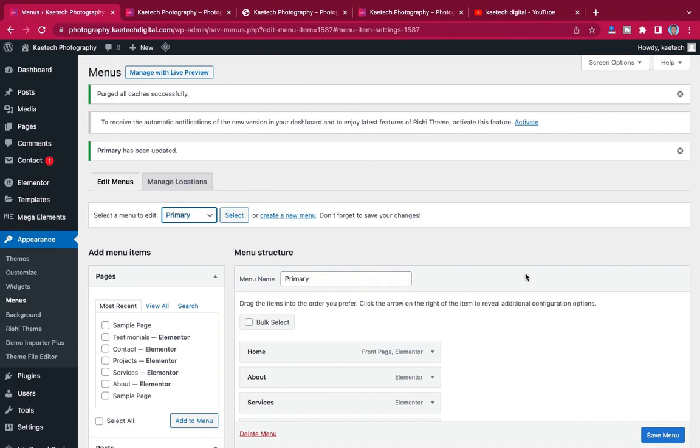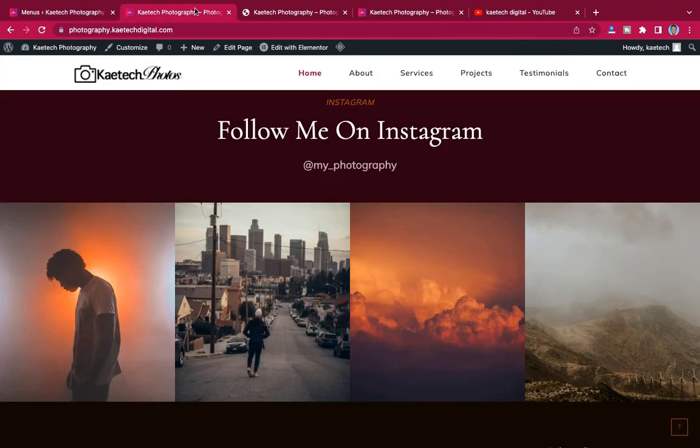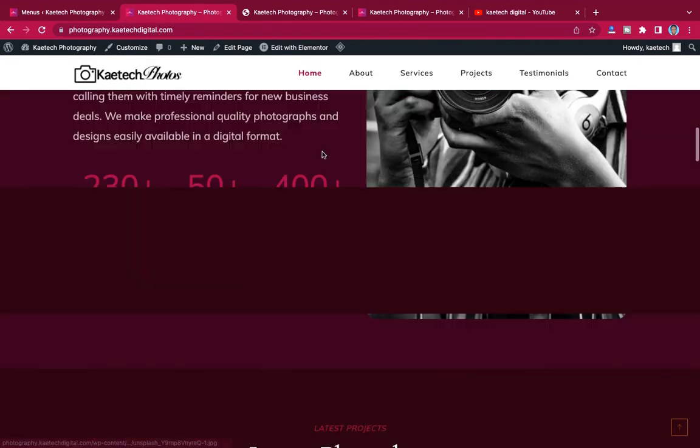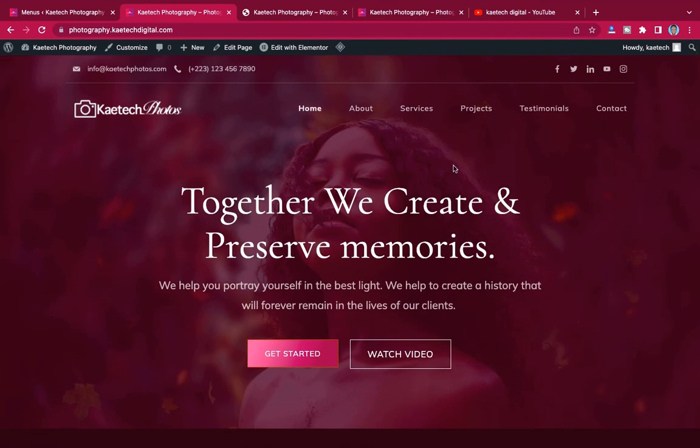Okay, so guys, this is how you can design this beautiful amazing photography website with a free theme. Like I said, the free theme is very important for you to get, which will be able to give you all these kinds of functionalities to be able to design your website. So as you know, the Rishi theme is one of the best themes in town now. You can check them out. Okay, just type in